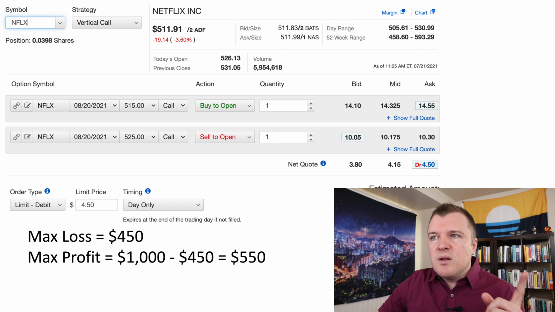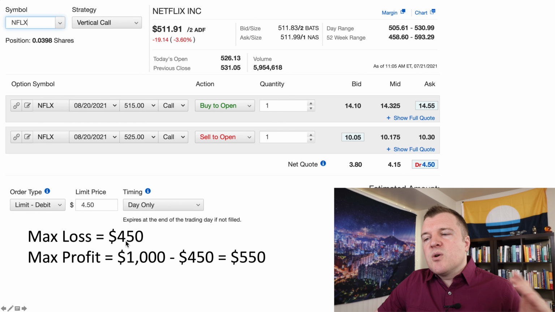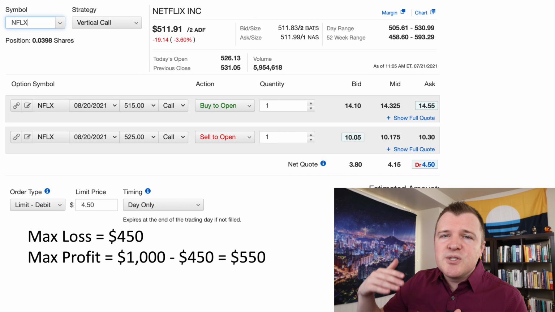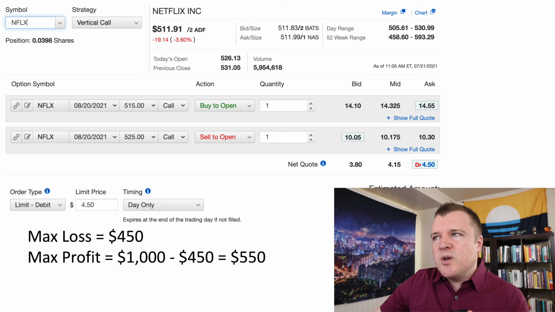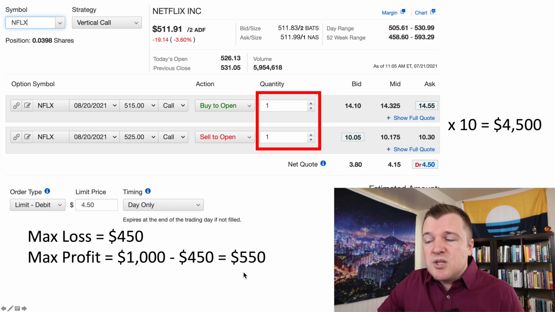What's my max profit? Well, it's the width of these two strike prices, $10 multiplied by 100, minus the debit you're paying. This is basically your break even. You need to overcome what you're paying to play over these 30 days. So 1,000 minus 450 equals $550. Now, if that $550 isn't enough profit for you, you can always do multiples of these spreads. So if you go here to quantity, if you want to adjust these to be 10 contracts with these two strikes for this expiration date, then you're locking up, or you're paying, a net premium of $4,500 to potentially make, in 1 month,